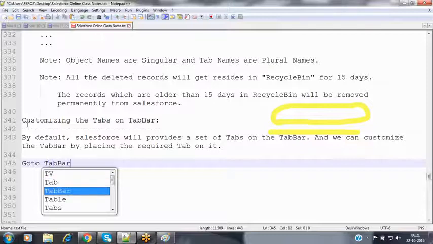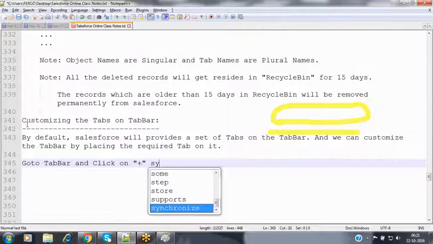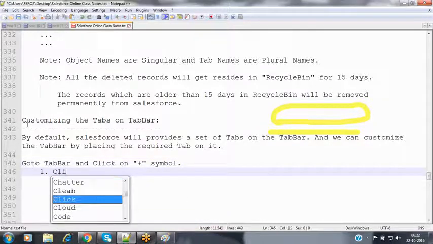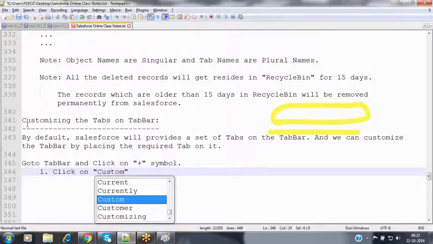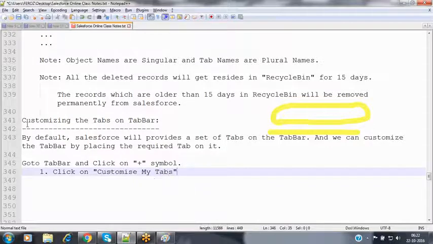Go to the tab bar and click on the plus symbol, and then click on the customize my tabs button.